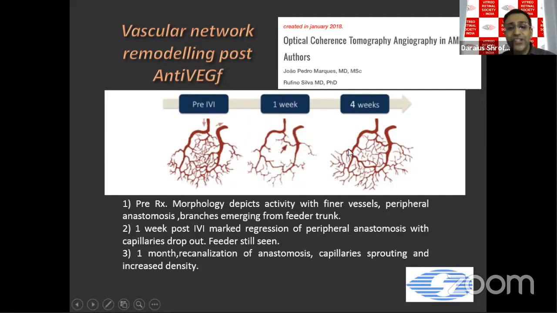But there is always recanalization, and you must remember the thicker vessels are not affected by anti-VEGF because they're surrounded by pericytes. So this is what you have to keep in mind, that these are not going to go away. So that doesn't mean we stop treatment. We have to keep on continuing the therapy, but you have to be aware of the morphology of the CNVM on OCTA and continue our therapy.